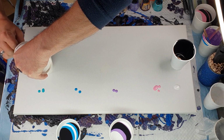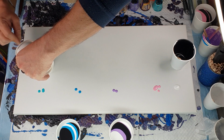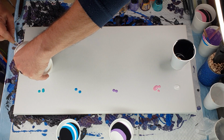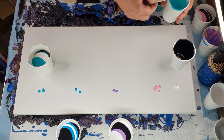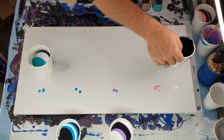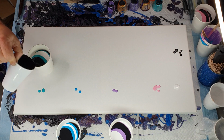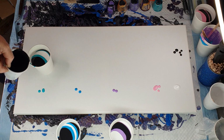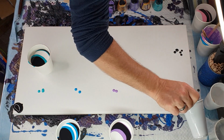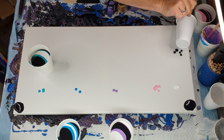Sorry if I go a bit quiet, it's just me concentrating. Okay, there we go, that's them. Just going to pour a little bit of black on the four corners that I will